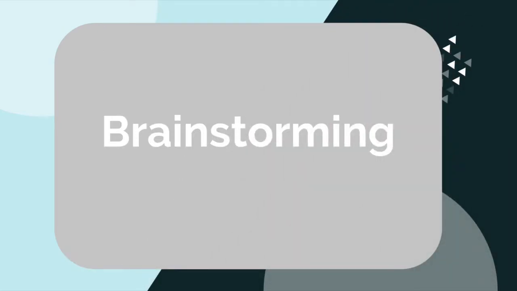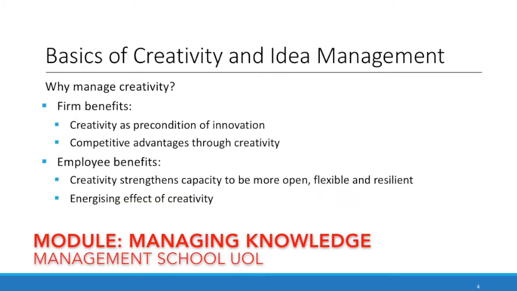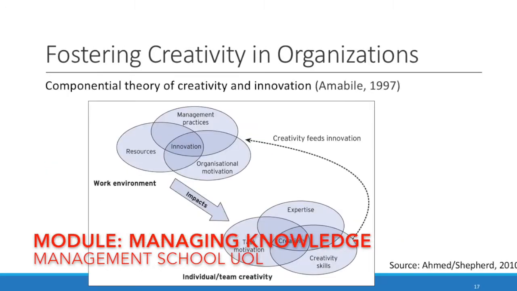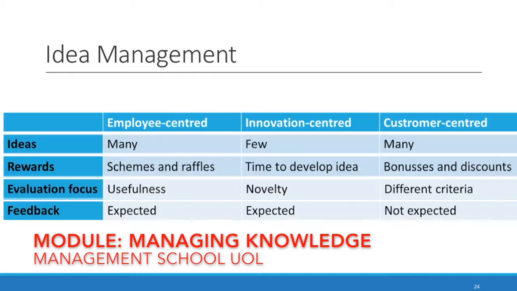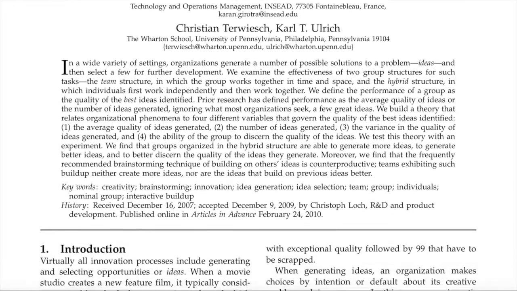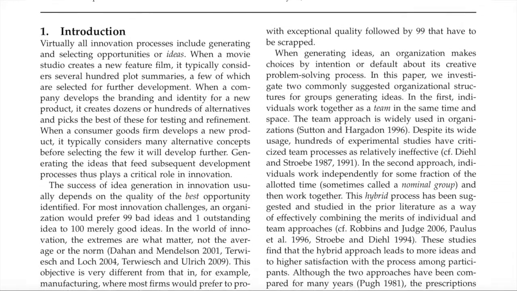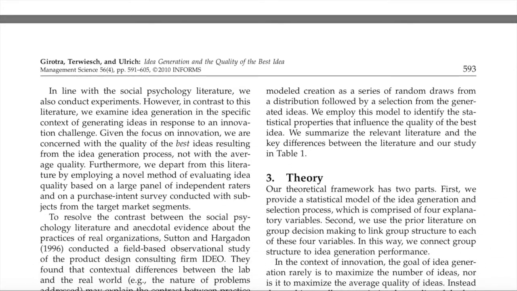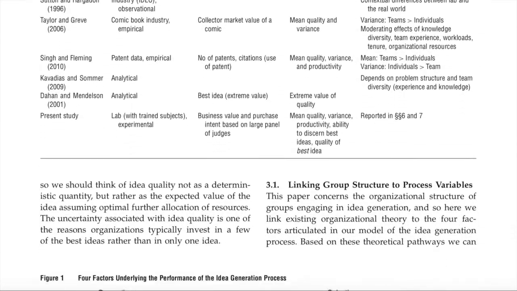Brainstorming. In a previous module taken at university, I had used brainstorming academic literature to understand the best process for quality idea generation. One beneficial paper was from Garocho et al. This literature stated that the hybrid working structure worked best, whereby the teams first work independently and then come together to collaborate and discuss ideas.